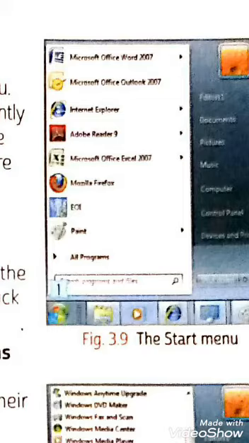It will show you all the program groups, and the programs contained in those groups along with their icons. If it is MS Word, MS Excel, MS PowerPoint, you can know from their icons which program it is. When you click or point at a program group, the icons and names of programs within that group appear in a sub menu.